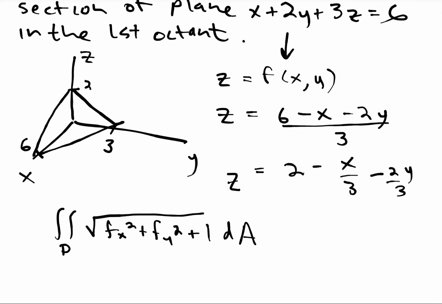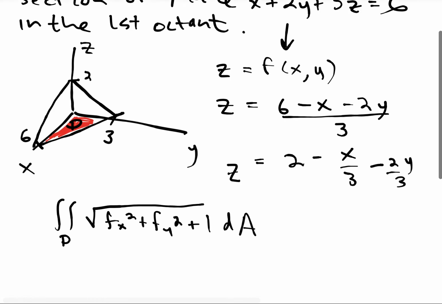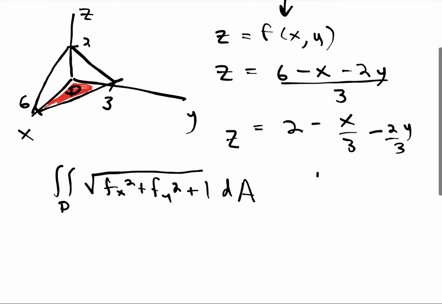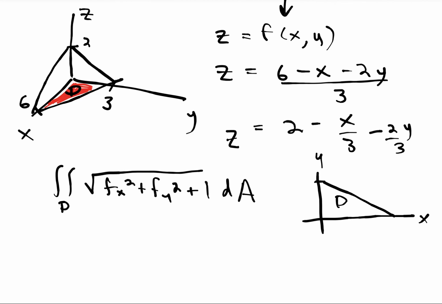So really, I'm worried about what xy values these are. Okay, so this thing right here, that set of xy values, that's my D. Okay, so I'm going to go ahead and just sketch that out really quickly here. If I think about that as providing my D region that I want to integrate over,